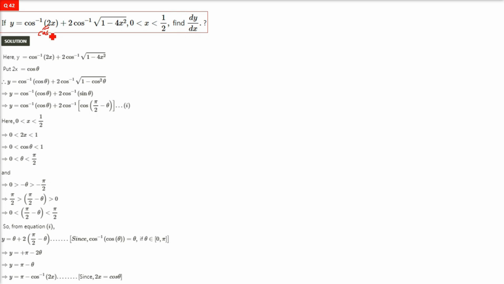So we need a cos inside, here also we need a cos. Both sides we need a cos. Okay, so let us take this. We'll check just this x between 0 and half in a short while. So we'll put 2x as cos theta. When we put 2x as cos theta, it will be cos inverse